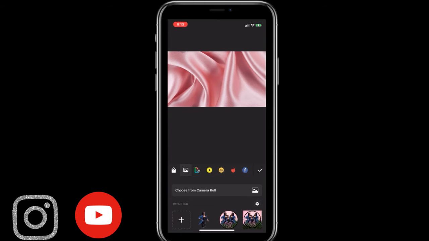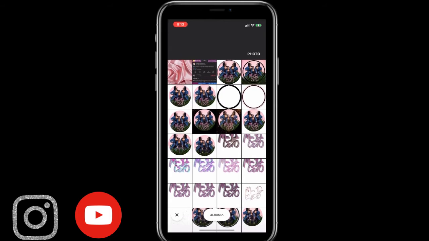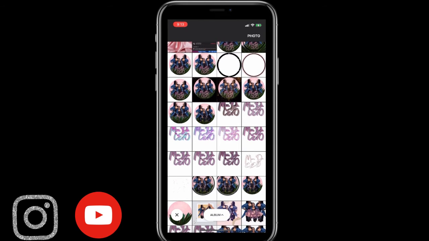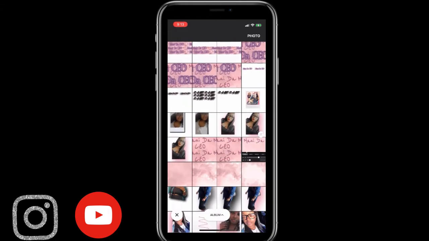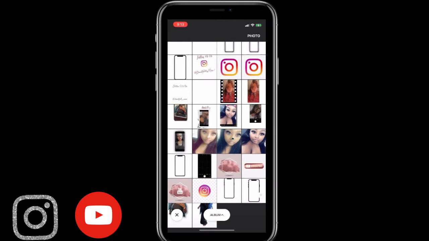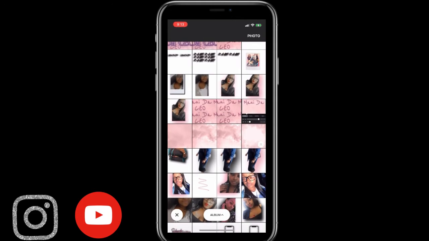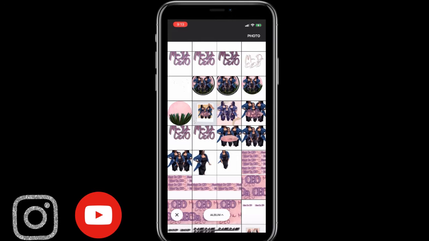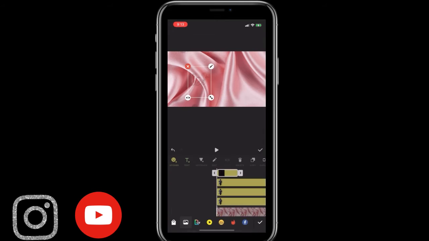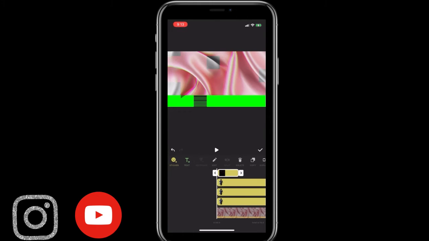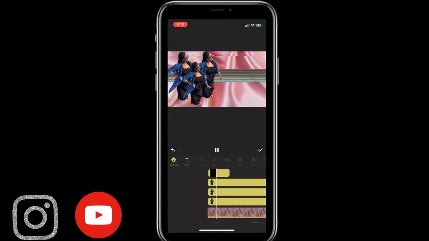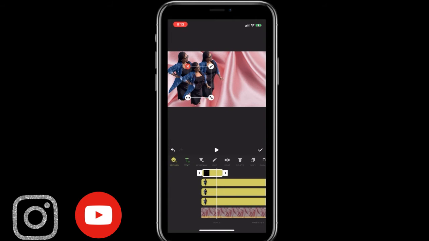In InShot, I don't really know if they give you the options for the font that you might like, but I like the font on the other app. So right now, I am looking for, like I said, the text that I have saved. So I got the text. And now all I'm going to do is move it over,